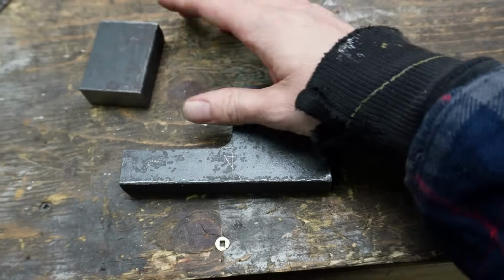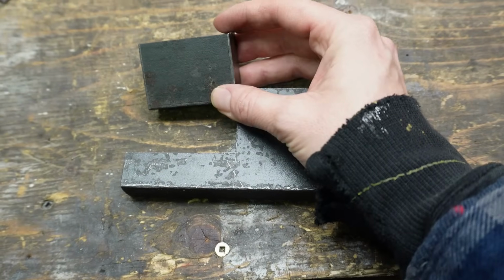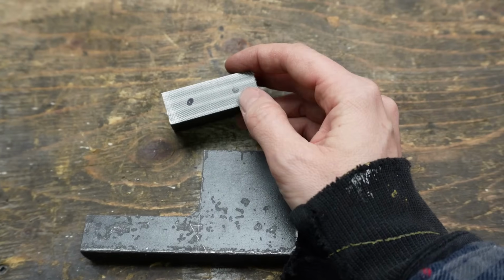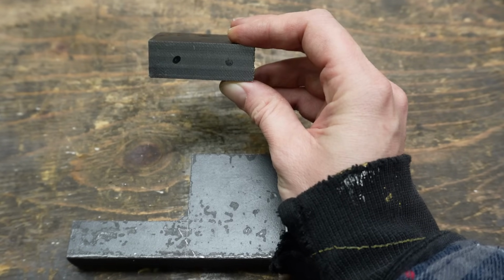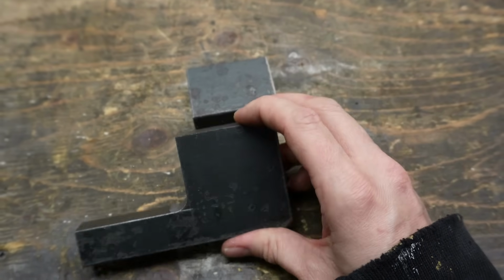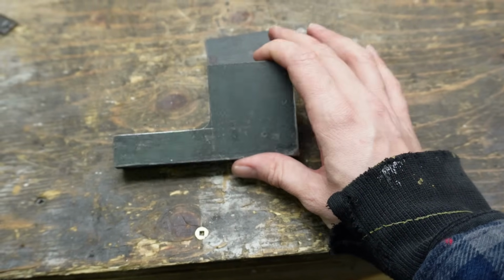piece. And then this piece here that I cut out of the corner of that will actually work for the front stabilizer block. So this will need to have a couple holes drilled and tapped into it so that that can mount onto the front motor mount. But we're not working on that piece yet. We're just going to be focusing on the rear one and getting that finished and then going on to the